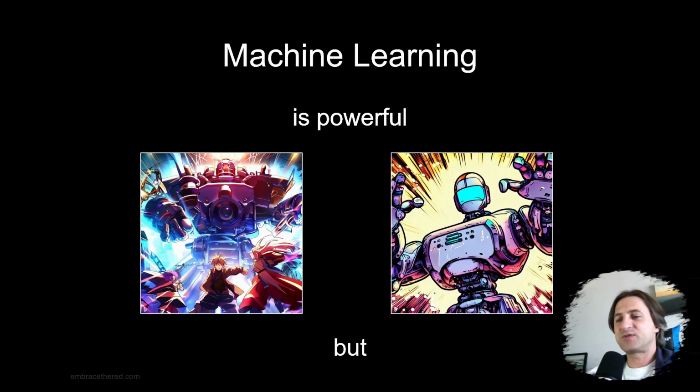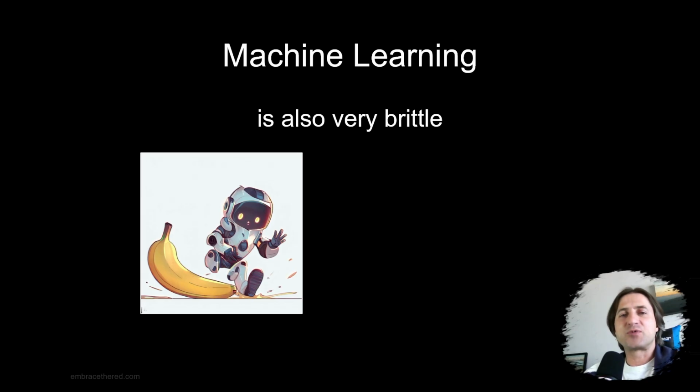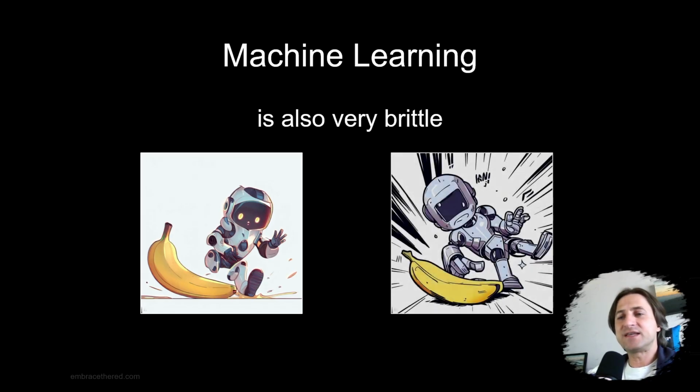Let's talk about machine learning. Machine learning is really powerful, and we have all seen what it can do with self-driving cars, image recognition, pattern recognition, and so on. But it is also extremely brittle, right? It can fail really easily, and this is true even if there's no adversary in the loop, but it's especially true if there's an adversary in the loop. An adversary can really control very well how a machine learning system should fail.